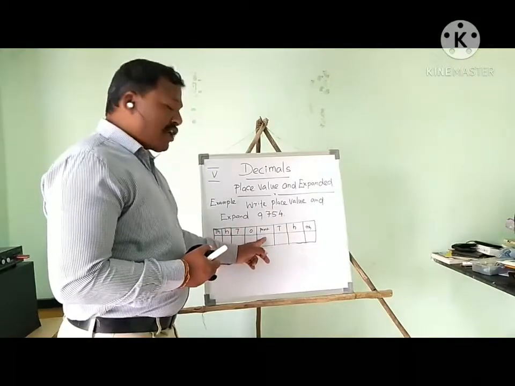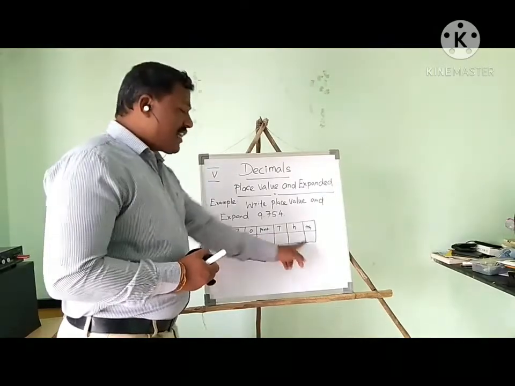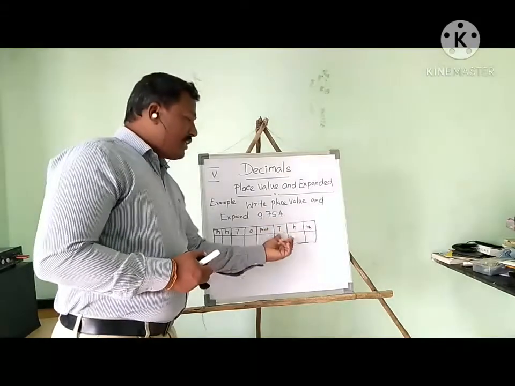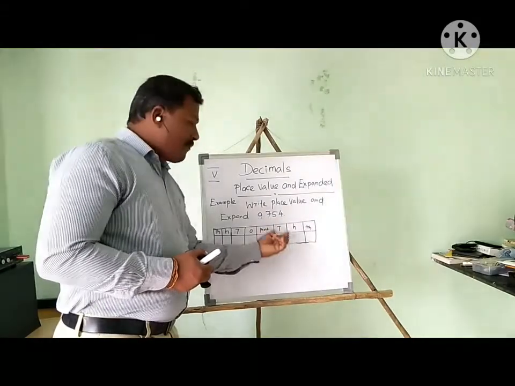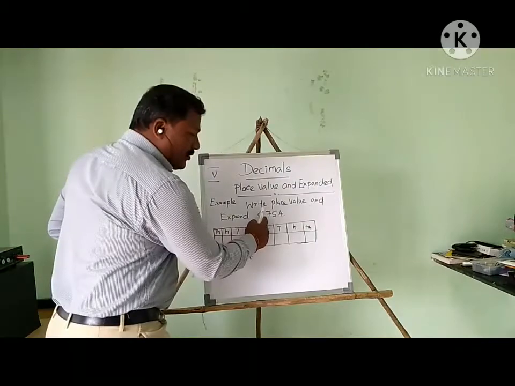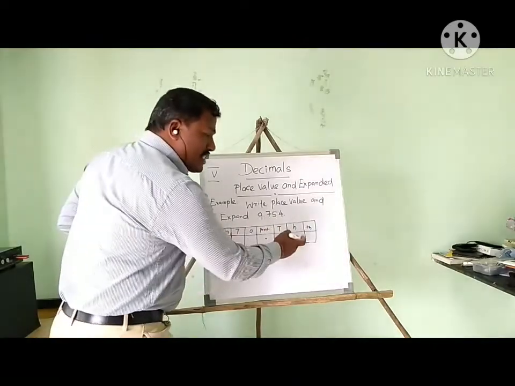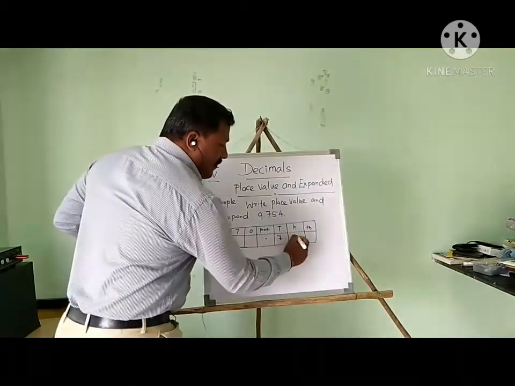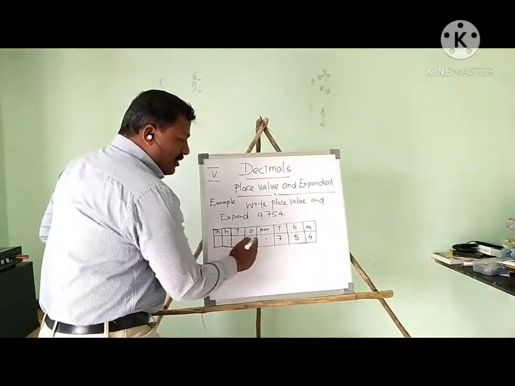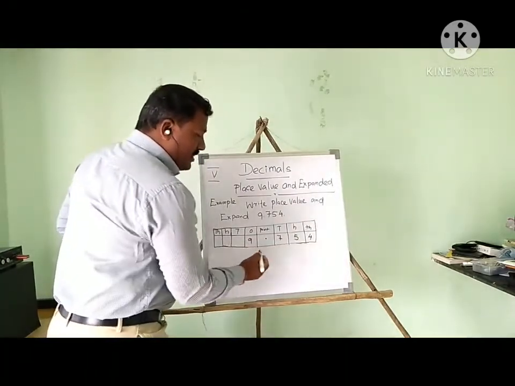You know very well this is a place value table. Okay, the center point we call the decimal point. The left side of the number is the integral part or whole part. The right side of the number we call the decimal part. We have to place it in this box. This is the whole part, we have to take it in this part. So this is the point, we have to put the dot here. The right side of the number, 7, 5, 4, we have to put after this dot, and we put 9 here. So how do we read it? 9.754. This is the place value table.